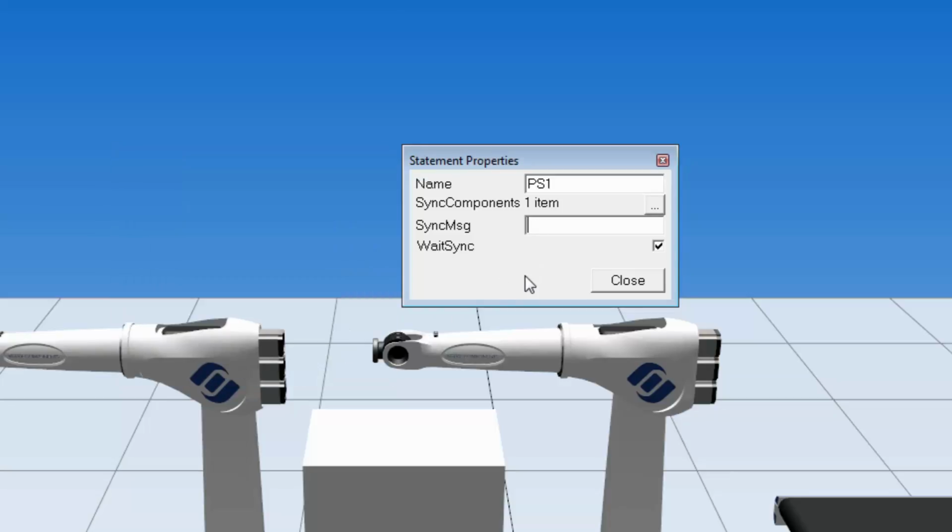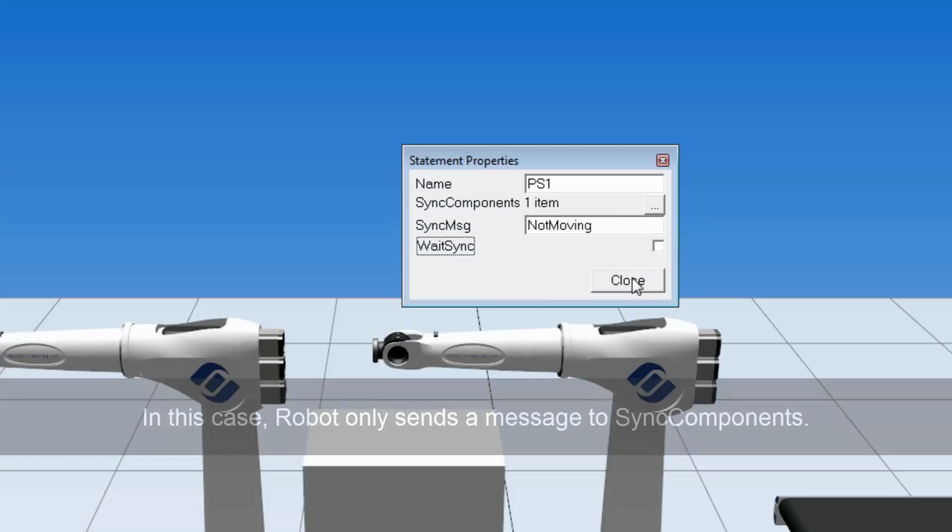And remember, they have to send the message that's unique to both of them, so not moving. And what I can do here is clear the wait sync checkbox or disable it. What this means is that the robot will just execute the task and then go on to the next preceding task. So it won't wait to receive the message from the other sync components it's with. So if I clear this out,